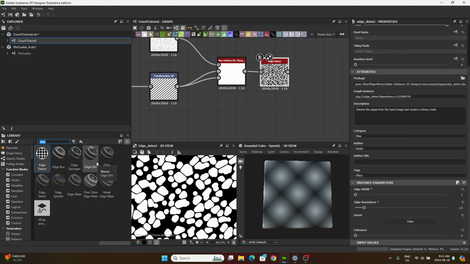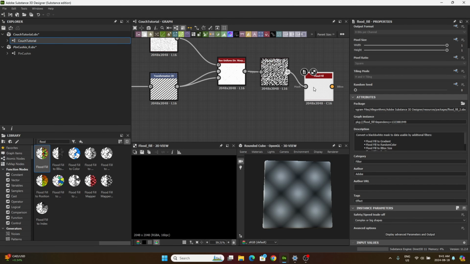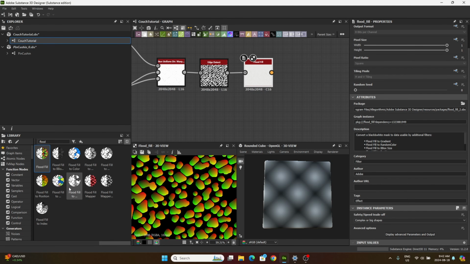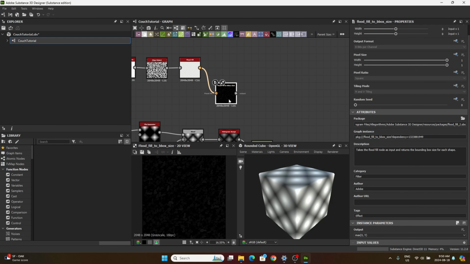Okay, so next we're going to grab a flood fill. We're going to grab a flood fill to B-box size. After you have the flood fill to B-box size, we're going to want to grab